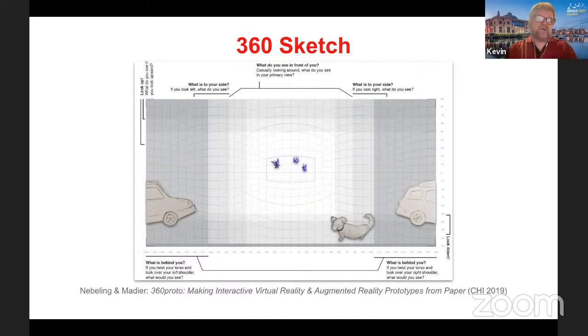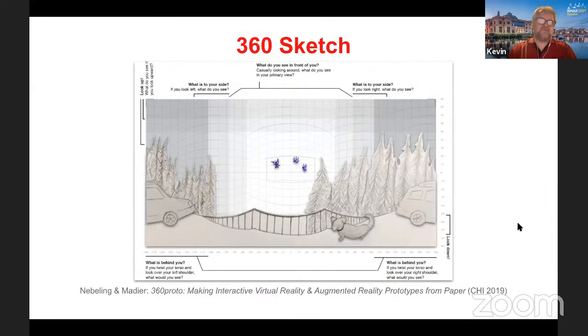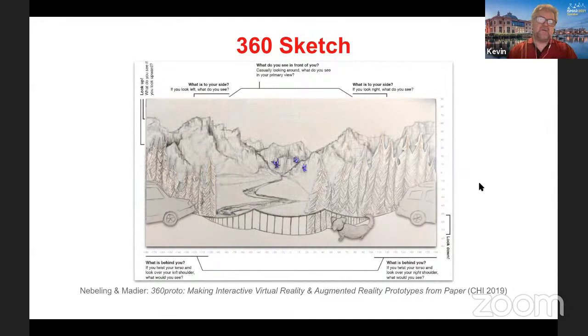And in this case, you've got some interface objects that you want to be in front of others, and then some that you want to be in the background, and some that are, again, attached to the center of your field of view or the surroundings. So you can see here he's created some layers. The dog and the car, for example, are in the front, and then you've got another layer behind that of these trees and railing, and then a third layer in the background of the